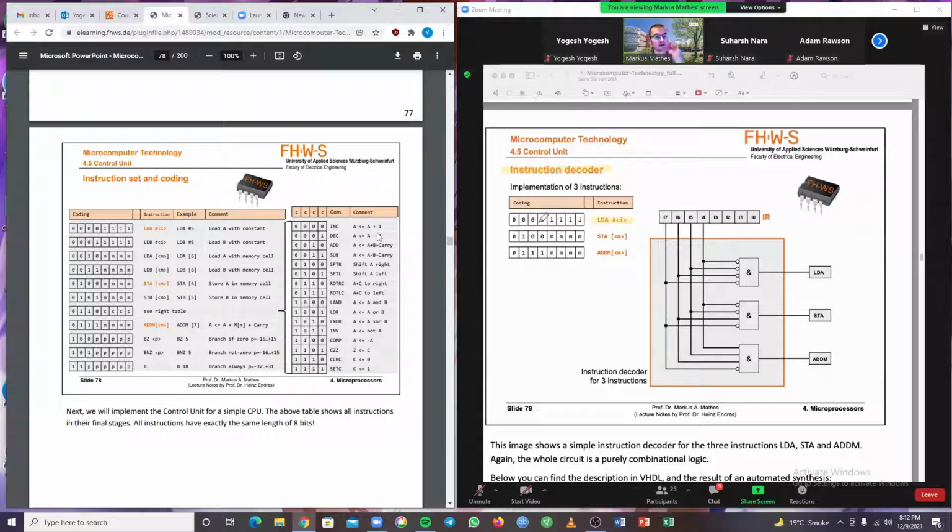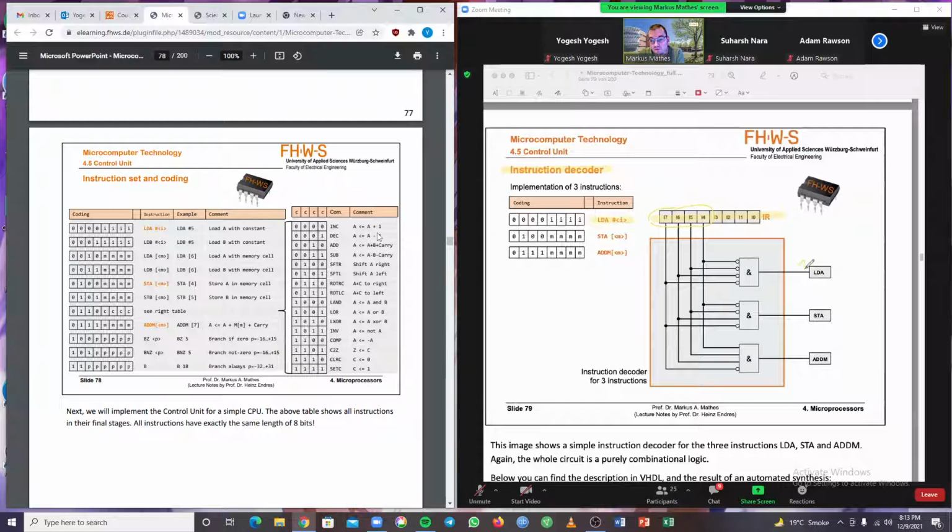If we want to recognize this, we have to ensure that the first 4 bits are all zeros. And we copy this command to our instruction register, and now we have to check if the first or the last, depends on the perspective, if the last 4 bits here, if these 4 bits are zeros. And the easiest way to check this is an AND gate with inverted inputs. So if all of these bits are zeros, then the inverted inputs are all ones, and this AND will produce